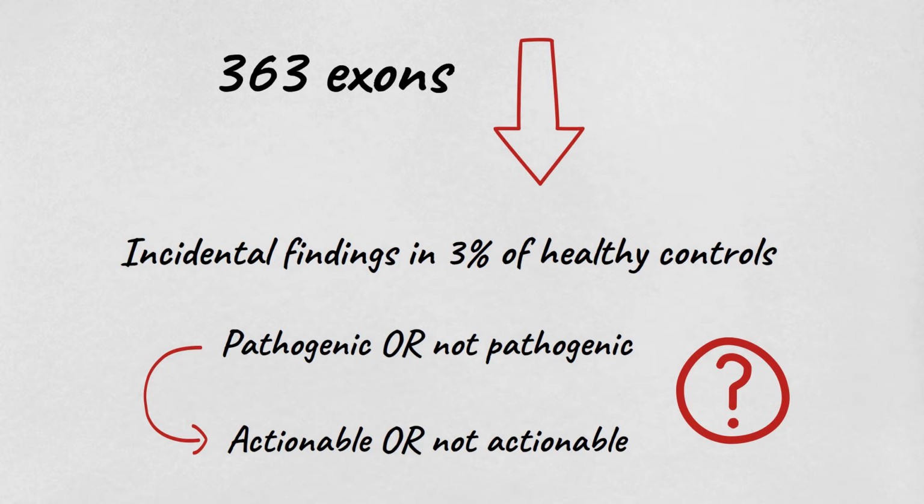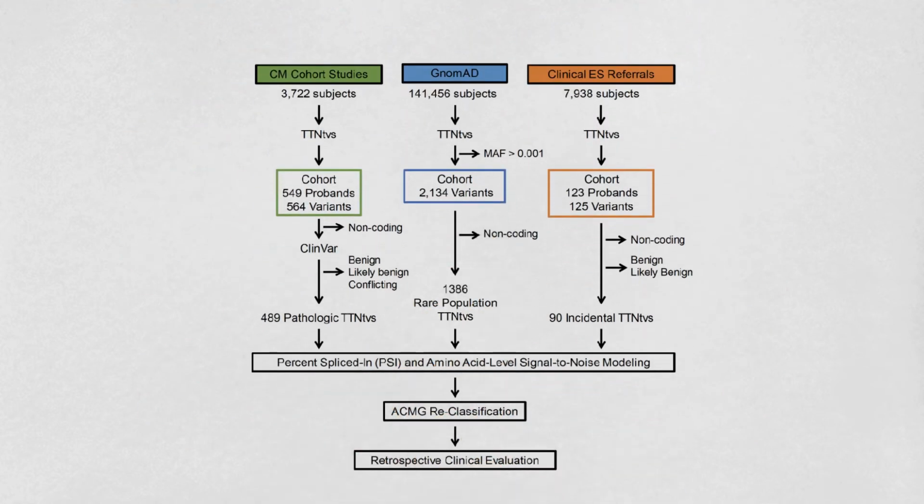challenging. Although the current ACMG list of 59 actionable incidental genes does not include Titin, the appearance of truncating variants as an incidental finding leaves clinicians in a difficult situation on whether to evaluate these further. In this study, Drs. Connolly, Landstrom and co-authors use amino acid level, signal-to-noise ratio and percent spliced in analysis to